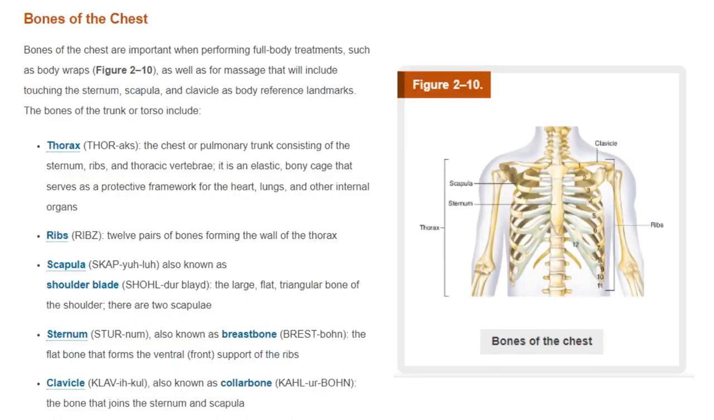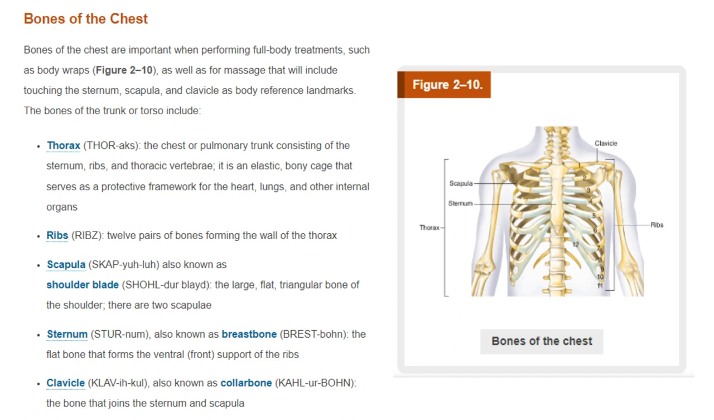Bones of the chest. Bones of the chest are important when performing full-body treatments, such as body wraps, Figure 2:10, as well as for massage that will include touching the sternum, scapula, and clavicle as body reference landmarks. The bones of the trunk or torso include thorax, the chest or pulmonary trunk consisting of the sternum, ribs, and thoracic vertebrae. It is an elastic, bony cage that serves as a protective framework for the heart, lungs, and other